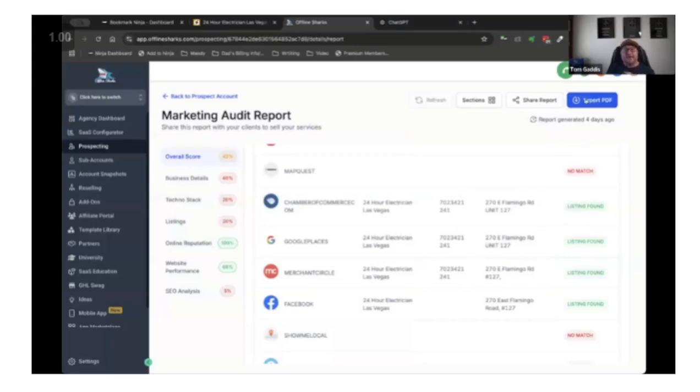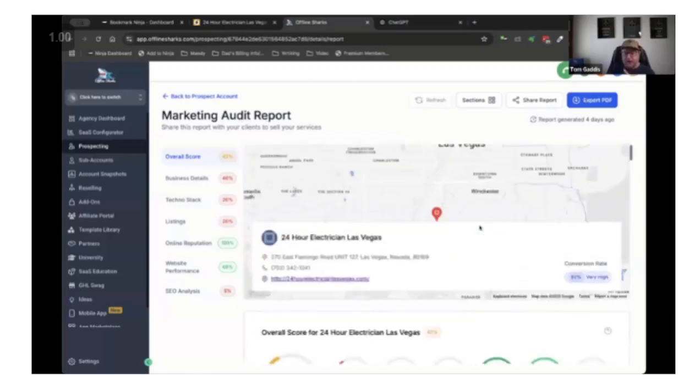Or you can download the report. And if you're in the VIP, yesterday I showed you how you can download this report and then use ChatGPT to practically write all your prospecting emails for you, right? So we're not going to talk about that today, but I did want to show you this report. And then we can use this to figure out how we can help this business. So let me stop this share real quick.